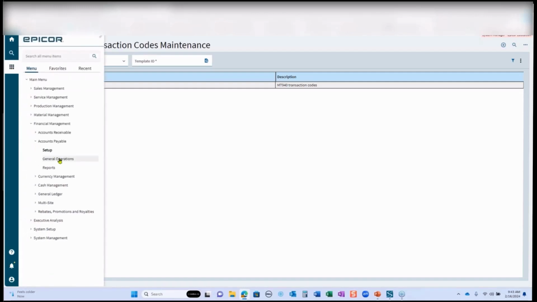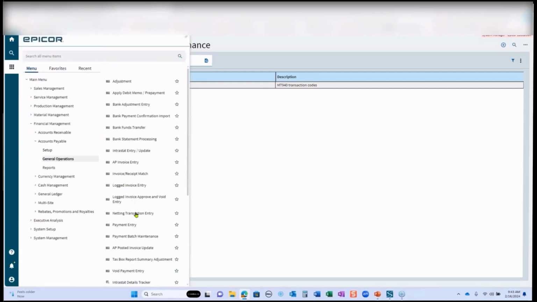So that's our setup. Now we want to actually go in and we want to go to general operations, and we want to go to bank statement processing. I will tell you that once you do bank statement processing, you should never do an entry just in your general ledger. If you're going to do bank statement processing, I encourage you to use the bank adjustment entry and the bank funds transfer screen. I will pop those up